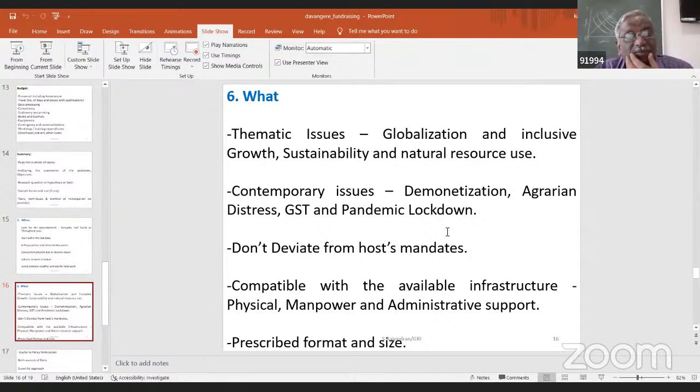And friends, remember, your proposal should not deviate from the funding agency's mandates. This point we have to keep in our mind always. And then your proposal should not go much beyond. Sometimes, due to our over interest, over enthusiasm, we go to extend our scope, like sample size, coverage, etc. And please keep in your mind what infrastructure facilities, including physical, manpower, administrative support you have